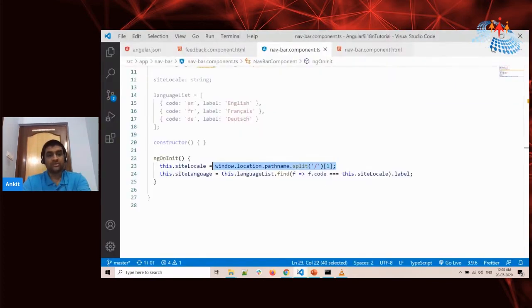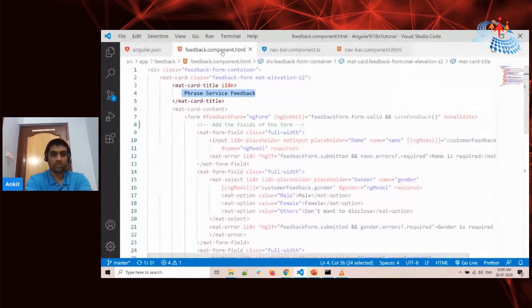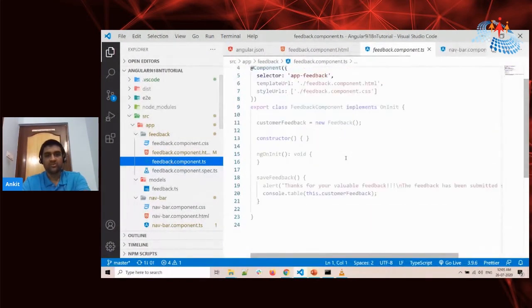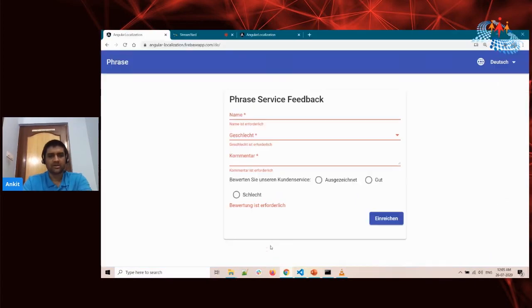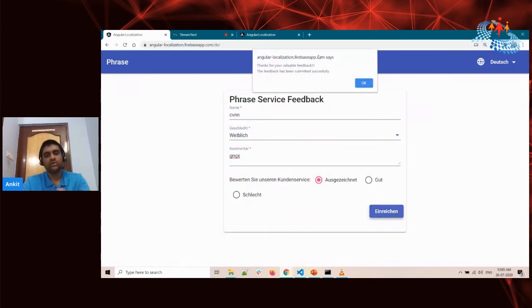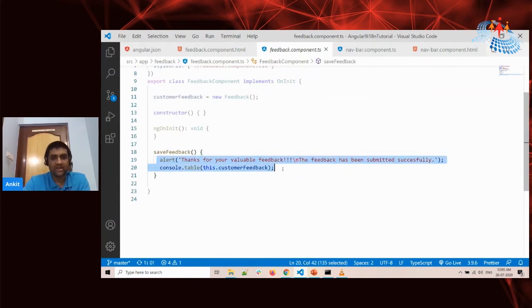Now there are one or two things which you need to consider. First, if you see, I am using a save feedback button. What does this mean? Let's say I put some value and click on the submit button. Here you can see a success message, but this is in English, not in German. Why? Because whatever we keep in the .ts file, we cannot translate into other languages as of now. This is the current limitation. Whatever you have in the .ts file, you cannot translate using the built-in i18n modules. We can use some third-party applications as well.